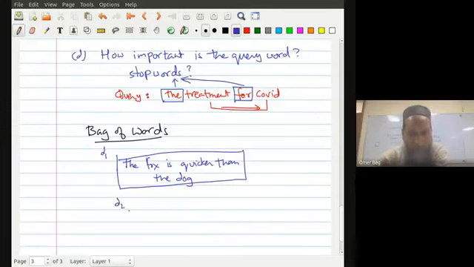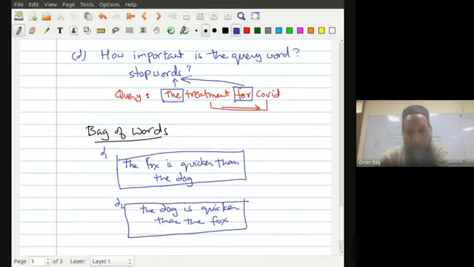Then there is document two, which says the dog is quicker than the fox. Now, these two documents are giving us two different pieces of information, but in the bag of words model,